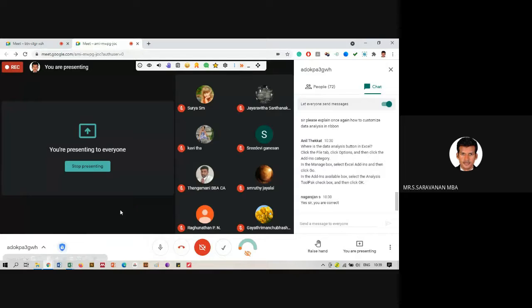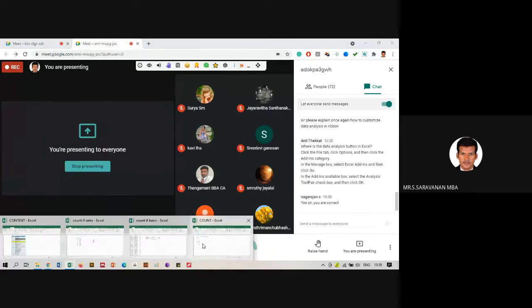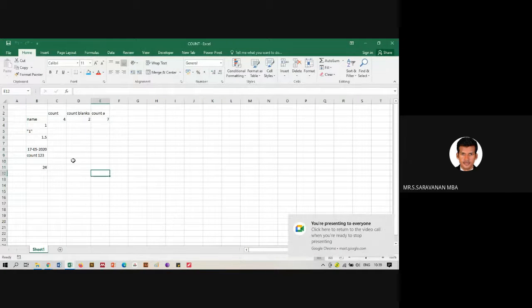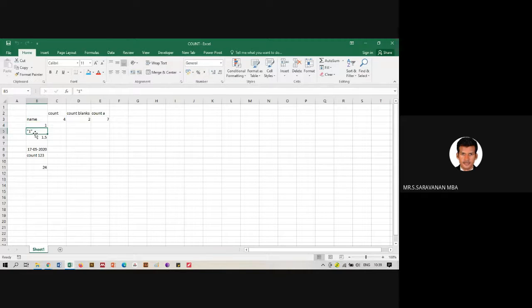Whenever we talk about information in Excel, if it is a number, it will always be displayed on the right side. If it is text or any other type, it will reflect on the left side. So through that, you will be able to know whether the information in the cell is text or a number. So what are the uses of COUNT and COUNTA?